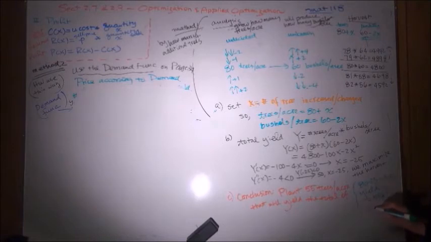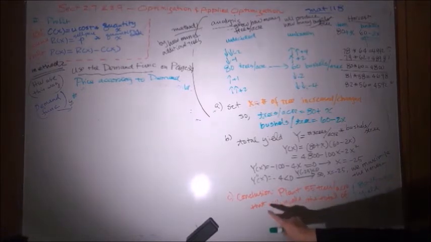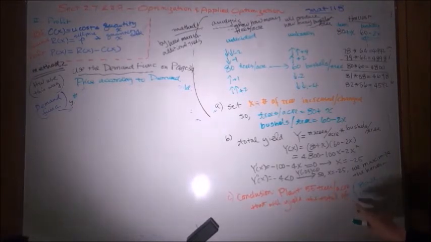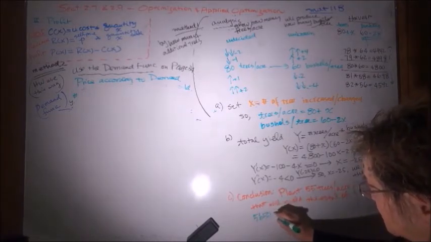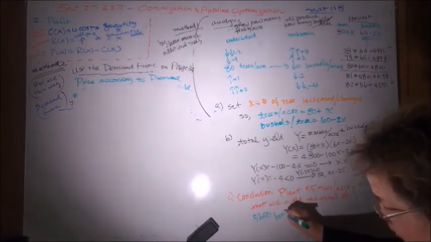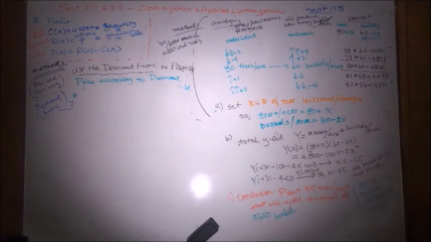So you will have how many? 5650 bushels for the harvest, right? So you will yield a total of 5650 bushels,